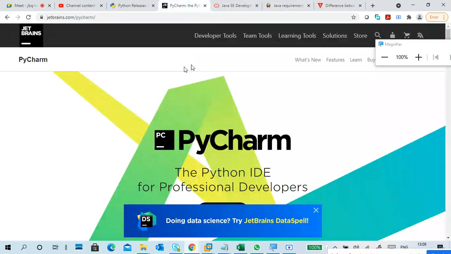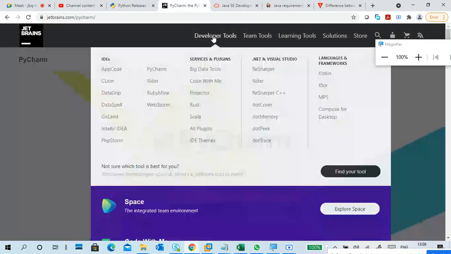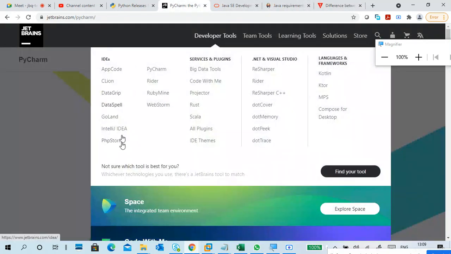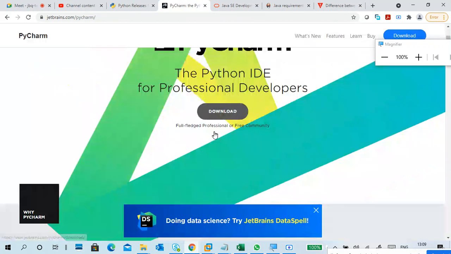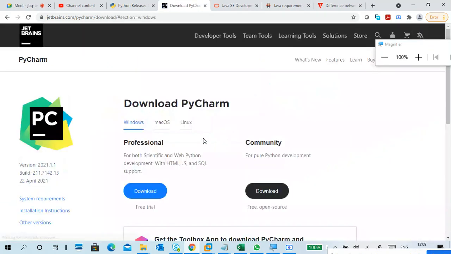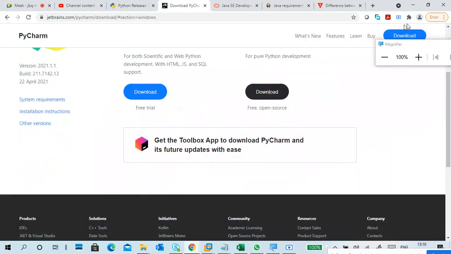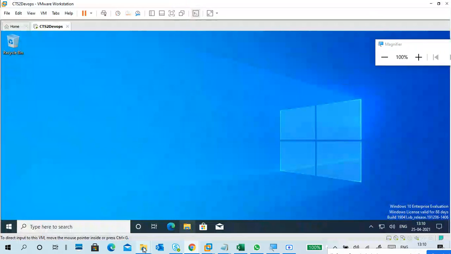Next, I already told how to download this. You can go to the different developer tools that are available. Again I'm telling, this is a free community edition you have to download. Already we downloaded.